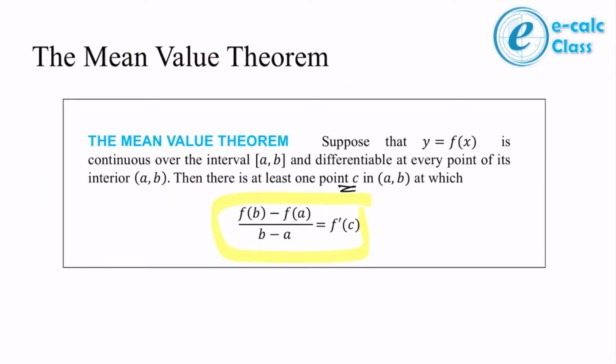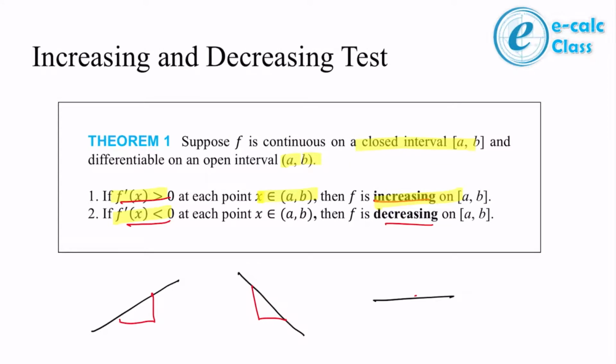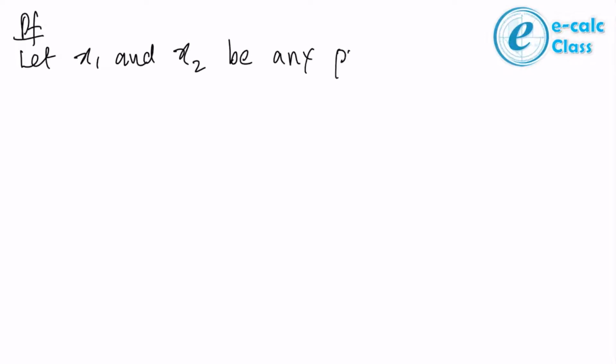Very interesting, isn't it? However, what does this have to do with increasing and decreasing functions? Okay, we'll finally get to the proof for our theorem 1. Now I will write it. It's actually a very short proof for this. So let's say we have 2 points. Let x1 and x2 be any points in a closed interval [a, b]